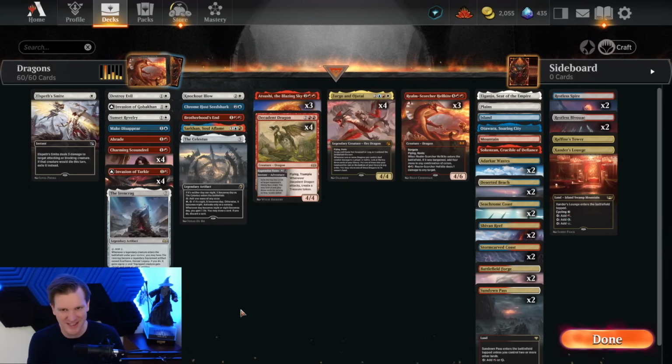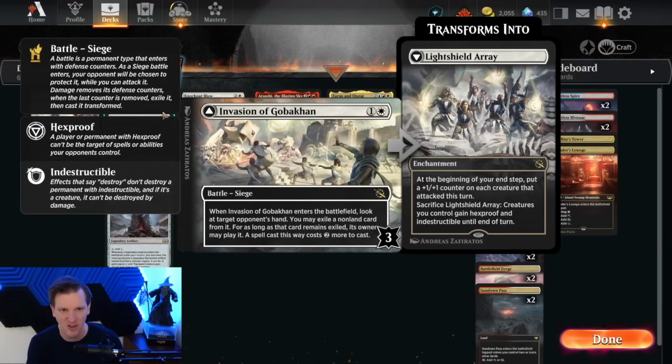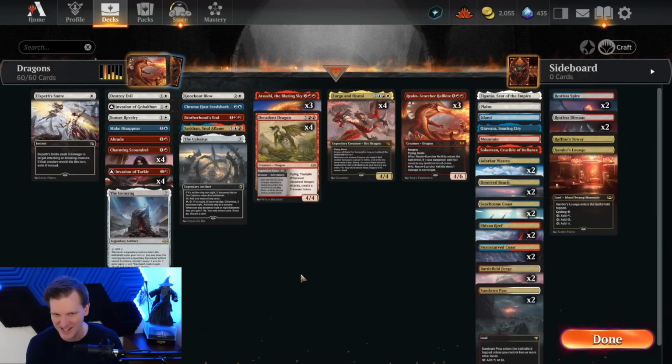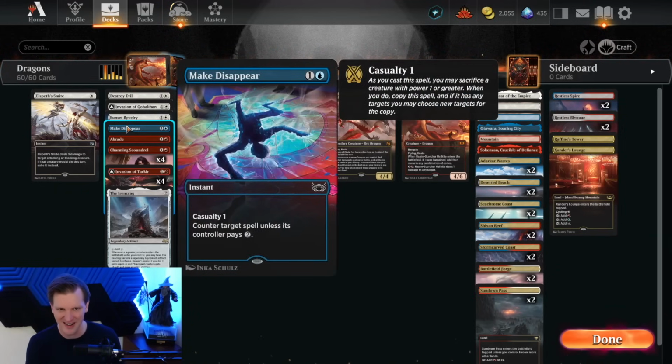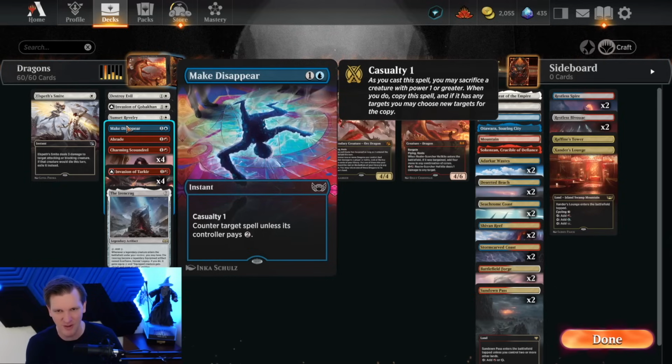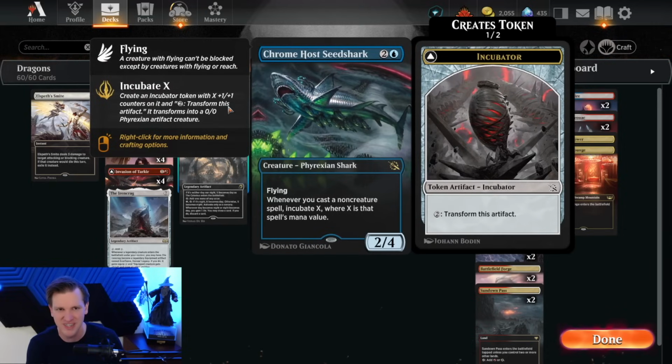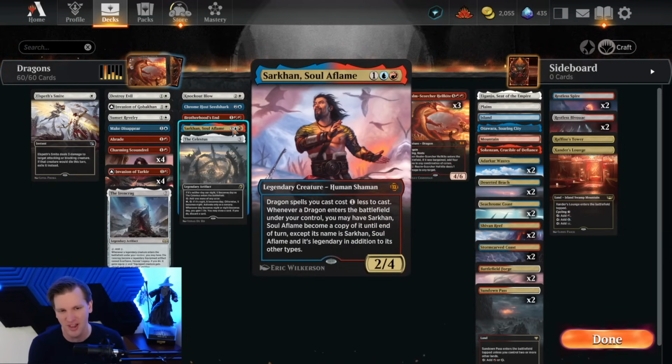But then if our opponent plays a control deck, you'll want a card like Invasion of Gobakhan to dissect their strategy and know exactly where their weaknesses are. Perhaps a Make Disappear to hit that 1/0 Sunfall right when it was about to ruin your cool Draconic plans. And we've got some fun one-ofs as threats too, like Chromium, the Seed Shark and Sarkhan, Soul of Flame, which can